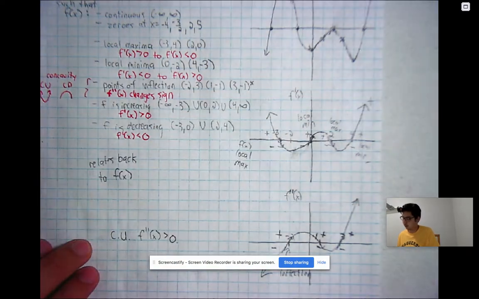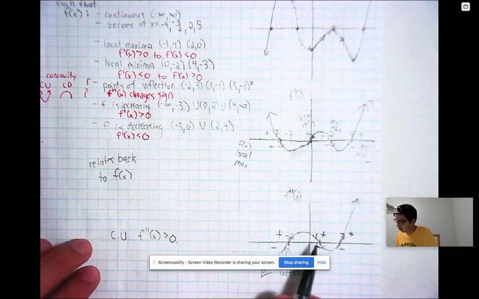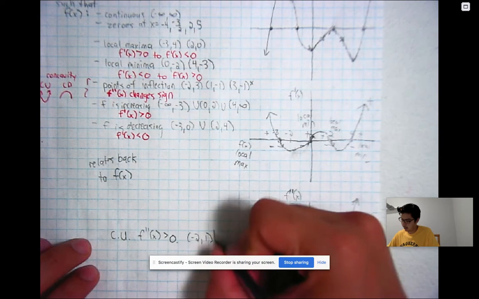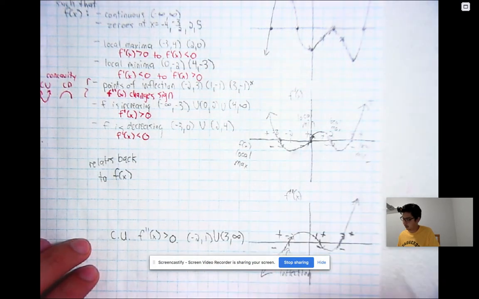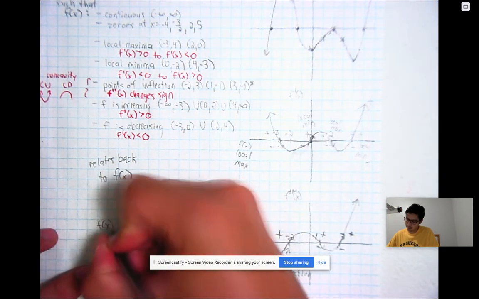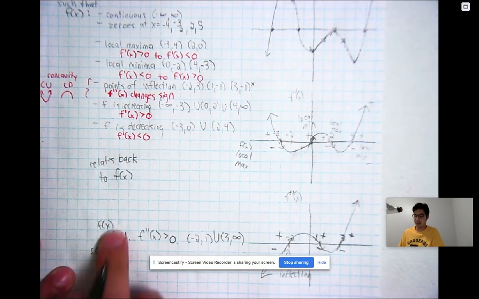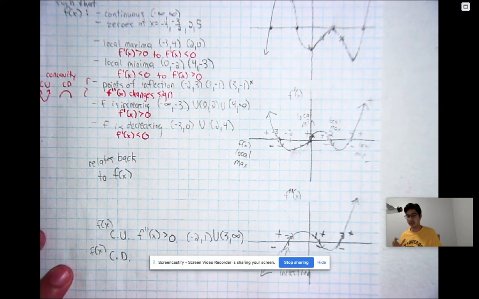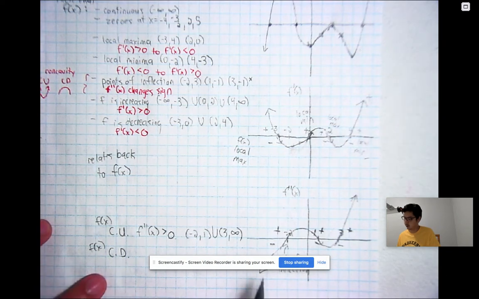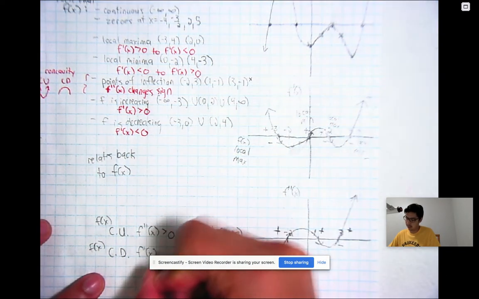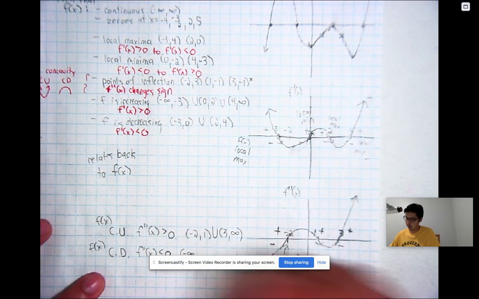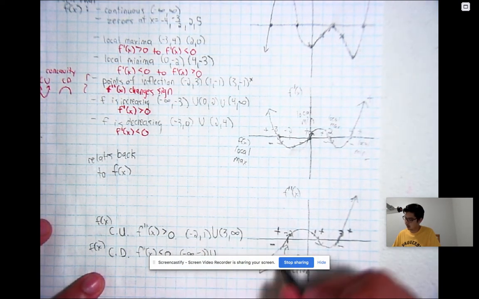Now this wasn't part of the problem. It's concave up from -2 to 1 and 3 to infinity. And when was f of x concave down? Remember, concavity relates back to f of x, but we use the second derivative to determine that. F of x was concave down when the second derivative is negative, which is from -infinity to -2, and from